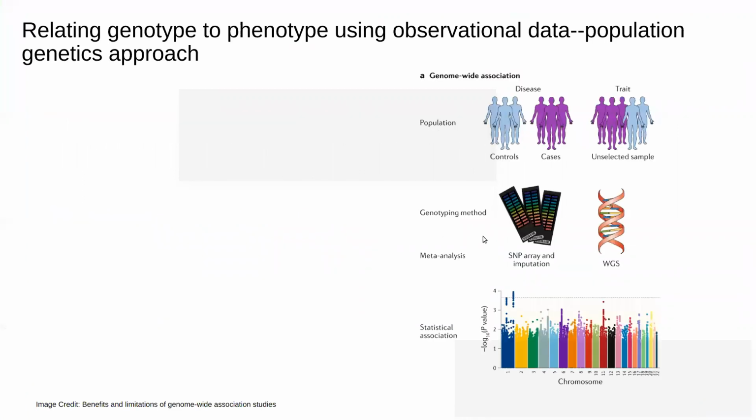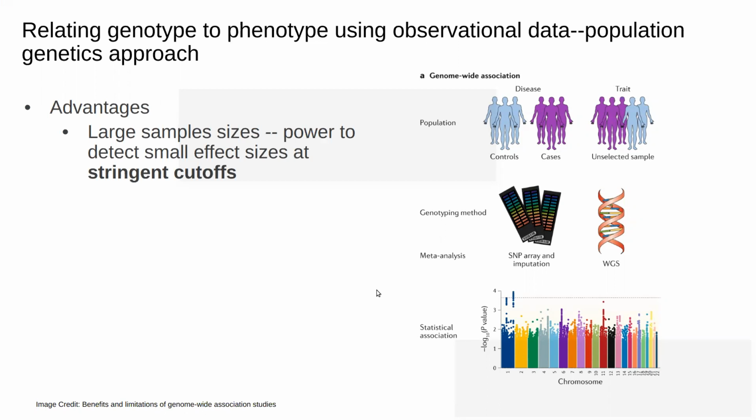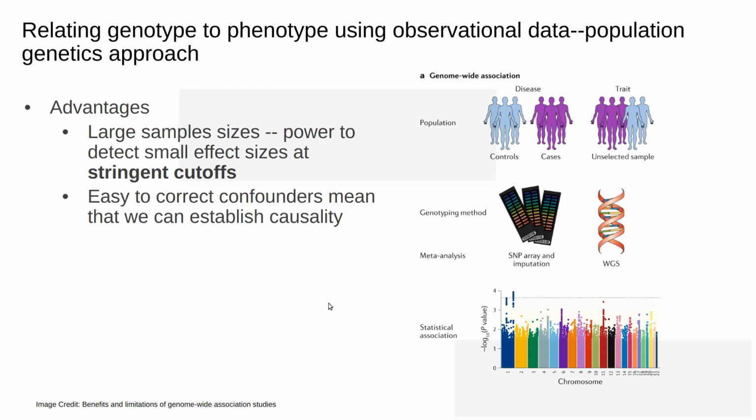So a big goal we have in biology is understanding the relationship of genotype and phenotype. And sort of doing experiments, there's a few different ways we can do this from observational data alone. One very common approach is to use population genetic data in the form of a GWAS study. And this has several advantages. Particularly, we can get very large sample sizes, have power to detect small effect sizes. It is fairly easy to correct for confounders, and therefore we can establish, in many cases, causality between genotype and